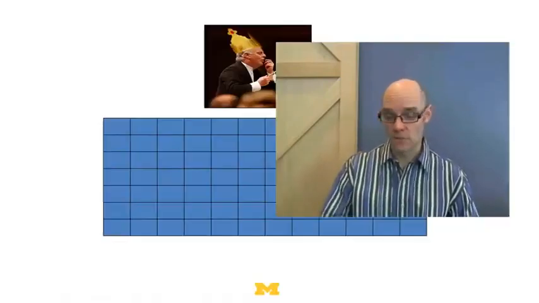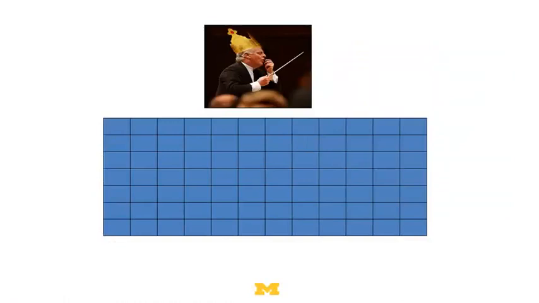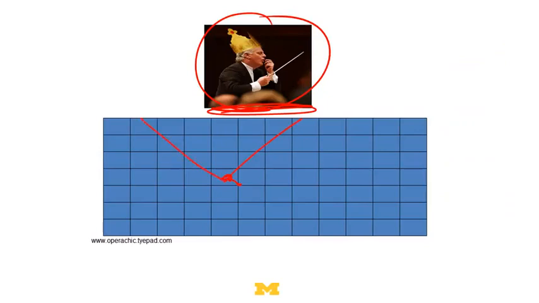I mean, these are features of the real world, not in the model. Do they matter? Well, let's see. Let's look at the auditorium itself first, okay? So here's the front of the auditorium. And here's this performer with a funny hat conducting the orchestra. And we want to think, does it matter? Well, let's think about it. If you're sitting in this spot, you don't see everybody after the standing ovation starts. You may only have some sight lines, right? So you get some sort of cone in which you can see who's standing and not standing.